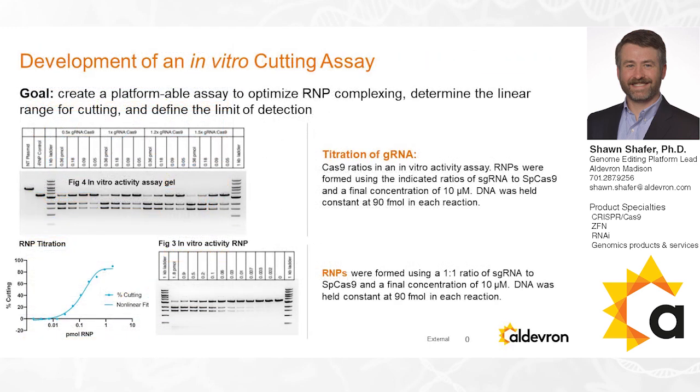So our first step was determining the optimal complexing conditions of the guide RNA and the Cas9 protein. To accomplish this, here is just an example of one of the RNPs we assayed. Starting on the left side of the gel here, these are increasing ratios of guide RNA to Cas9 protein, beginning at 0.5 guide RNAs per protein molecule and increasing all the way up to 1.5 guide RNAs per protein. For those of you that aren't familiar with this type of gel assay,